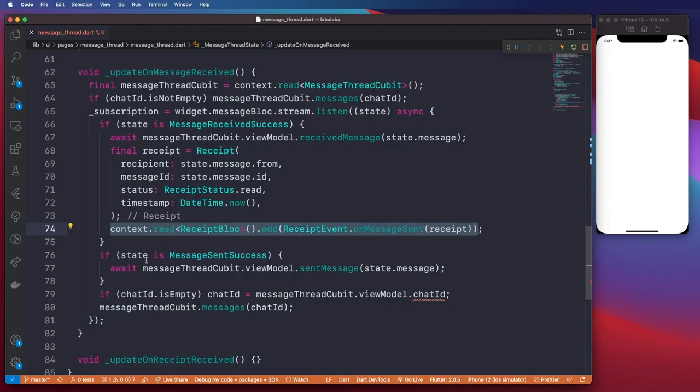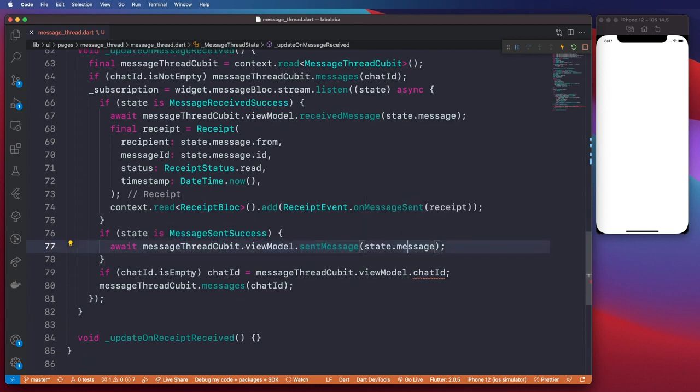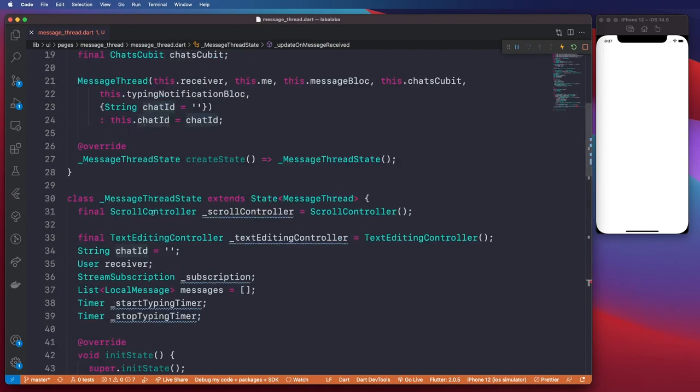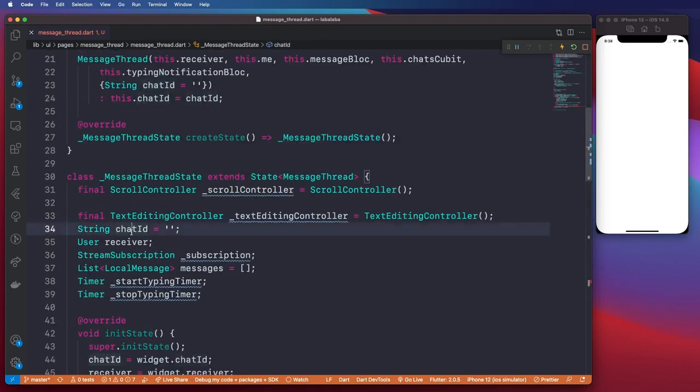Also, we have a message sent success. In this case, whenever we send a message, we also want to write that message to our local database. And then, when we are setting up our listener, we want to check the chat ID that we are holding reference to, the global chat ID here,